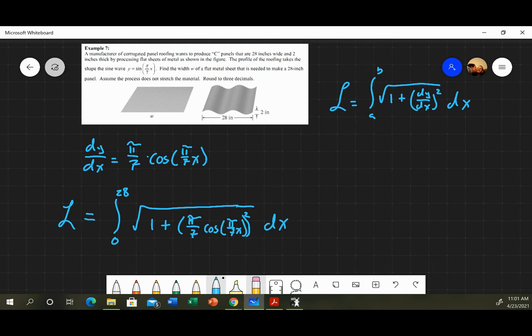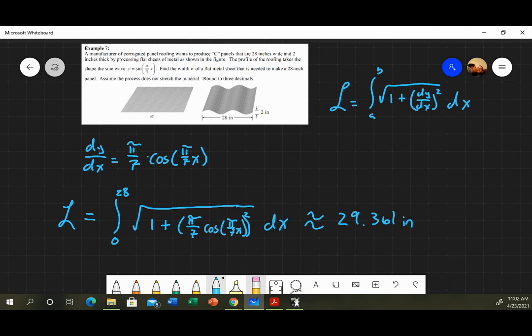Now, what do we do from here? Well, quite frankly, what I would do is punch this into a calculator. You want to be careful about this pi over 7 cosine of pi over 7 x when you're punching it into the calculator. You want to make sure that you've got parentheses in the right places, so that you're squaring just this portion of the function and not that extra plus 1. If you square that extra plus 1, it's going to throw your values off by a little bit. But if you punch it in properly, which I suggest you all try doing, you should get